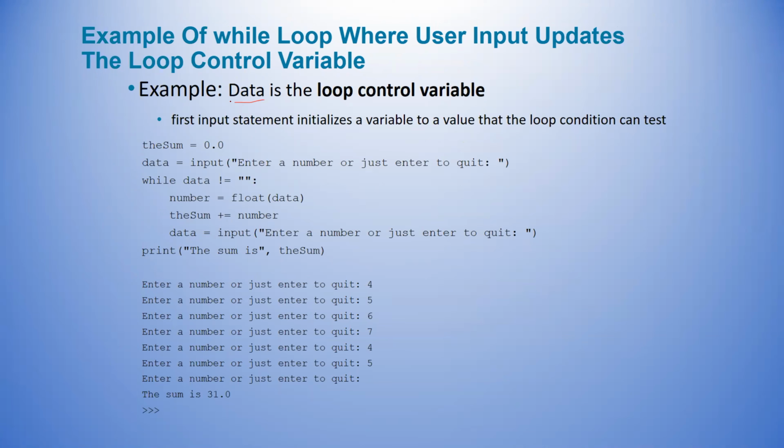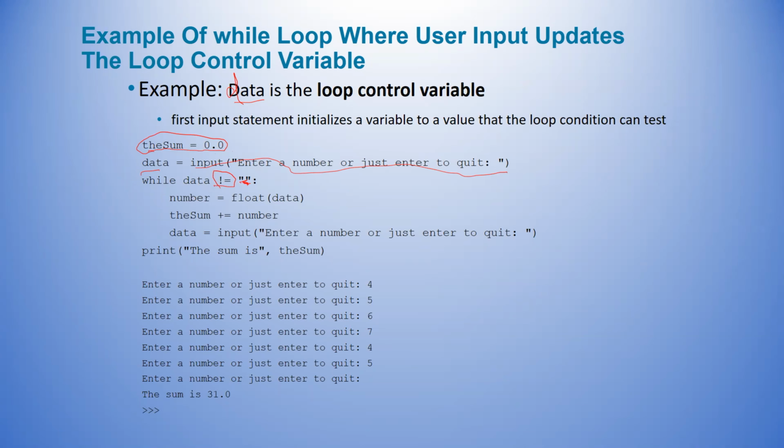Data is the loop control variable. This should be lowercase, okay? Data is the loop control variable. So we have a variable, sum, equal to 0.0, and data is equal to input, whatever the user enters, okay? While data is not equal to empty space, empty, nothing. This is not even a space. This is nothing, an empty string. So this is saying while data is not equal to nothing, an empty string,